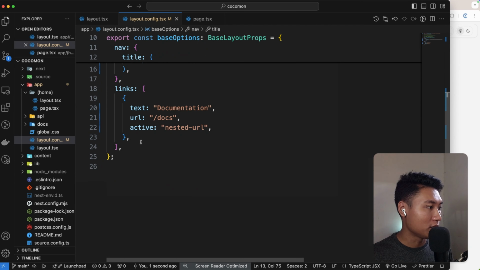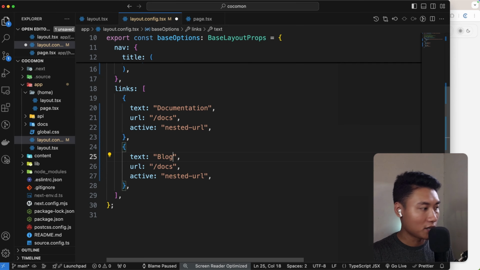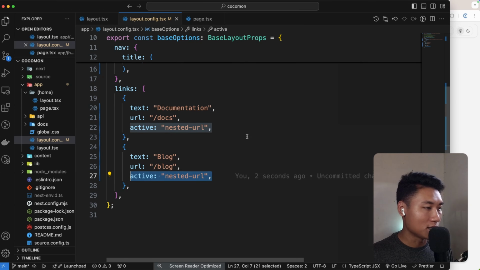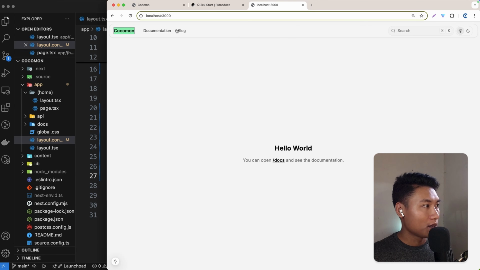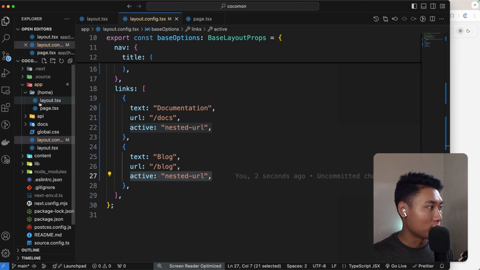Let's go back right here. I just want to copy and paste this one, and then let's change that to, for example, block. And then for the route, I can say /block, and the active is nested URL. I'm showing you what this is. Let's go back right here. If I click block right now, of course we get 404 because we don't have that route right here on